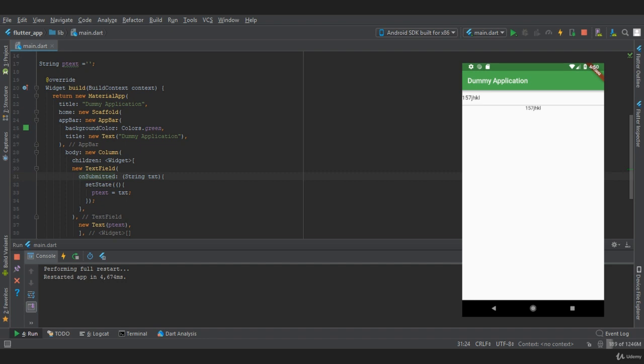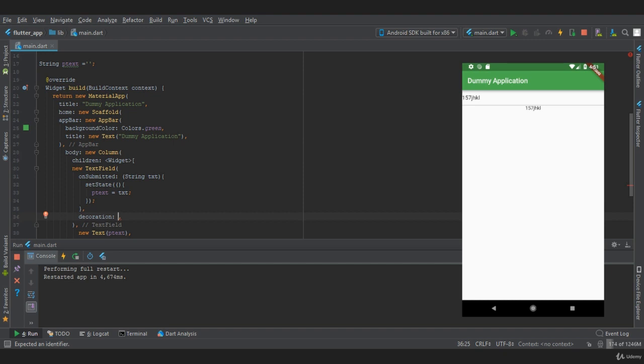Now the next property that we are going to talk about is the decoration property. Now in decoration, you can provide a label, you can provide a placeholder, and you can provide many things.